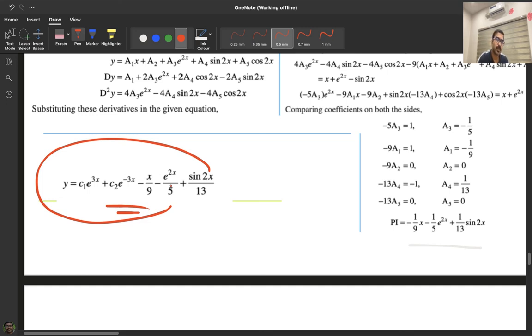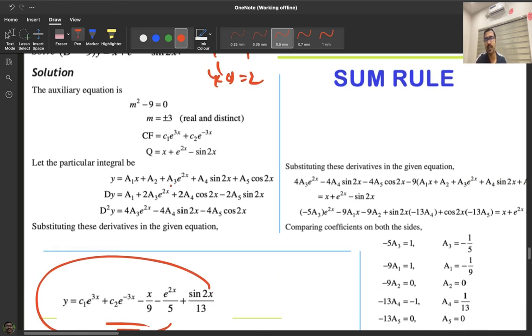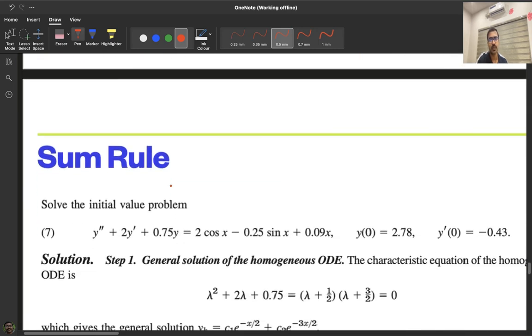In the method of undetermined coefficients, only some particular types of functions are there. You have to just substitute it and then find the solution. So these are always standard questions, but there is a possibility, as you see, even though the methods are very simple, there are many possibilities of making mistakes, so you have to be very careful here.